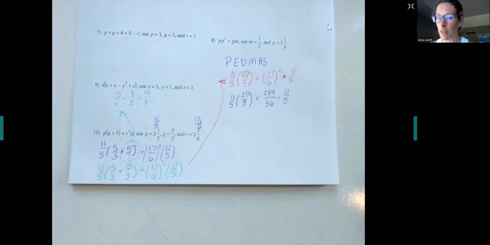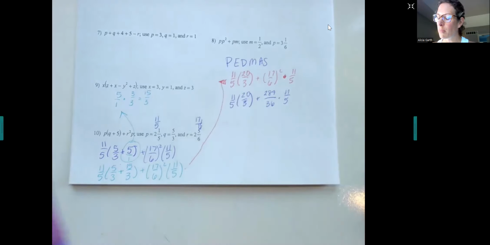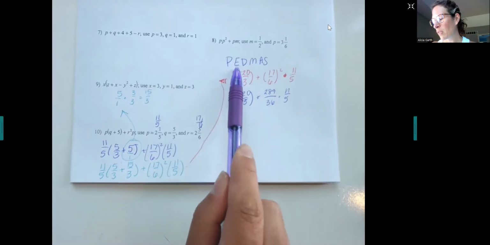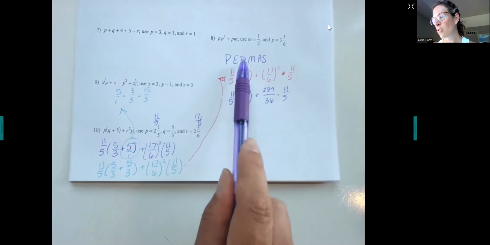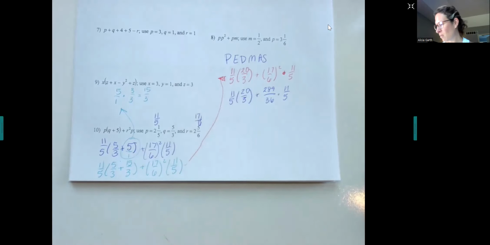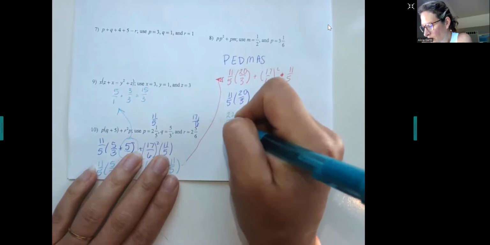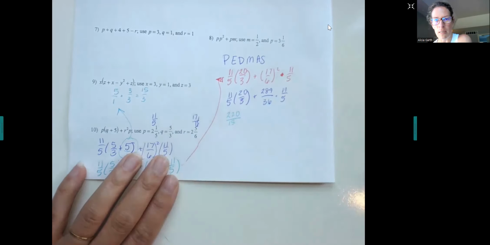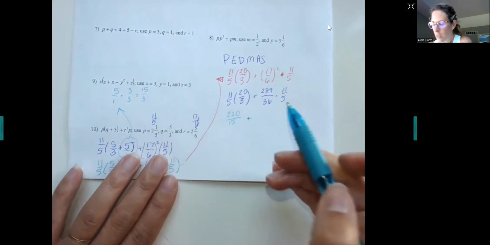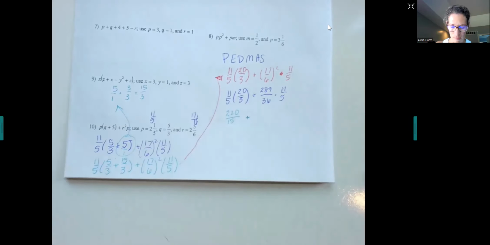So there is no division here. We're going back to PEMDAS. We've done our parentheses. We've done our exponents. No division. Now we're doing our multiplication. So when you multiply fractions, you multiply across the top, you multiply across the bottom. 11 times 20 is 220 over 5 times 3 is 15. Plus 289 times 11